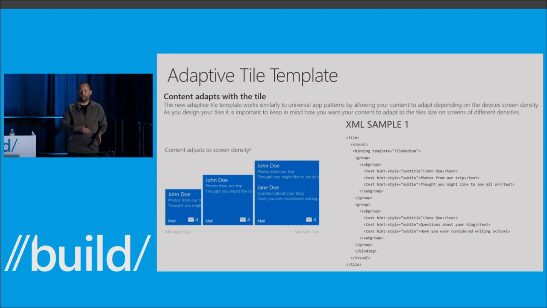You'll notice that on the small and the medium tile, Jane Doe's email isn't shown at all. And that's because it's in a different group. You've said to us as a developer, semantically, this information needs to sit together. So only display it if you can display everything inside this group. And so that's why as we move up through the densities, when we get to a point where that medium tile has enough density to show all the information, we include the additional group.